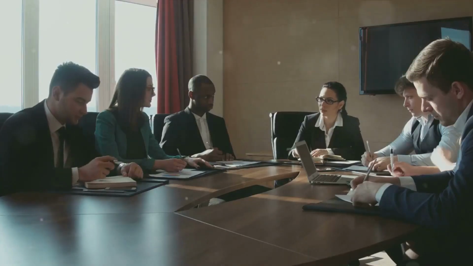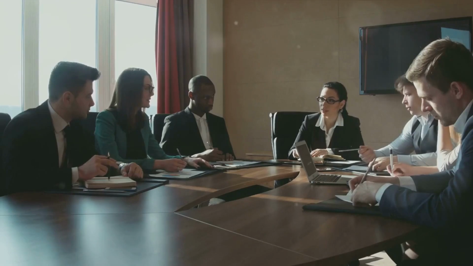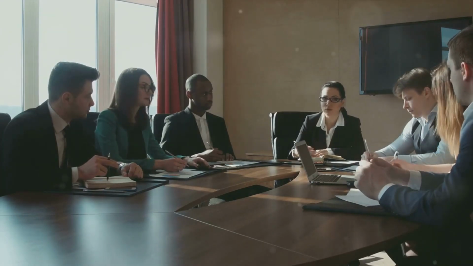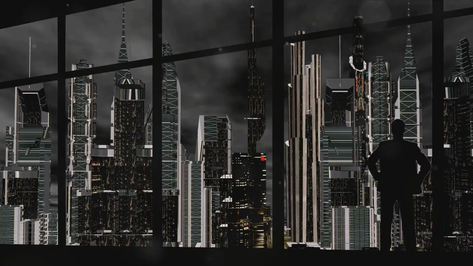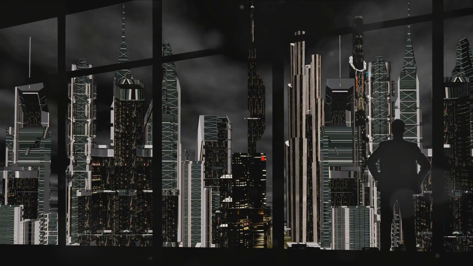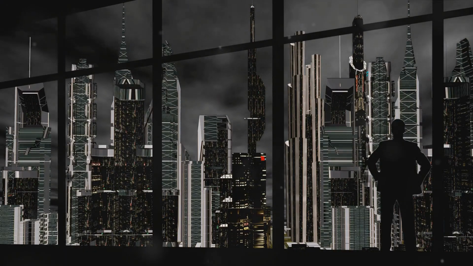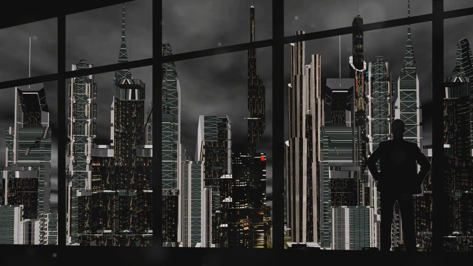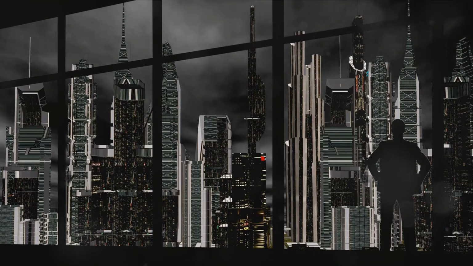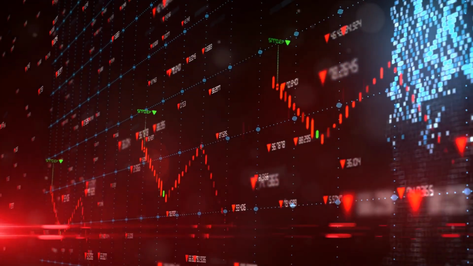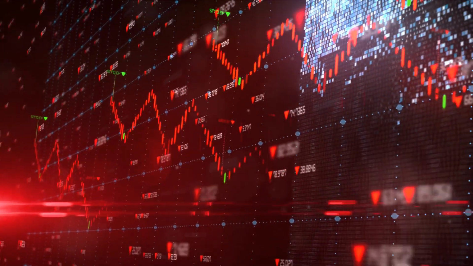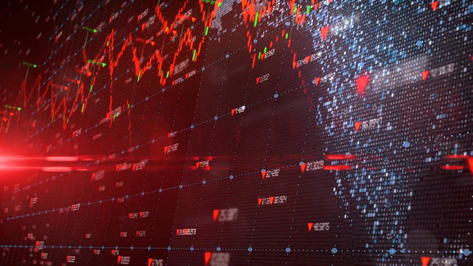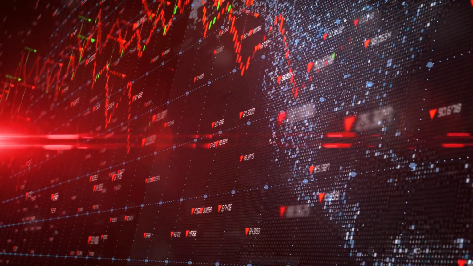Policymakers often have to make difficult decisions based on incomplete information, and sometimes even the best-intentioned policies can have unintended consequences. So, how do we navigate these stormy economic seas? By learning from past mistakes, adapting to changing conditions, and employing sound economic principles. It's all about finding the right balance. Poor policy decisions can indeed have a detrimental impact on the economy, but with the right adjustments we can steer the ship back on course, even in the most turbulent of times.